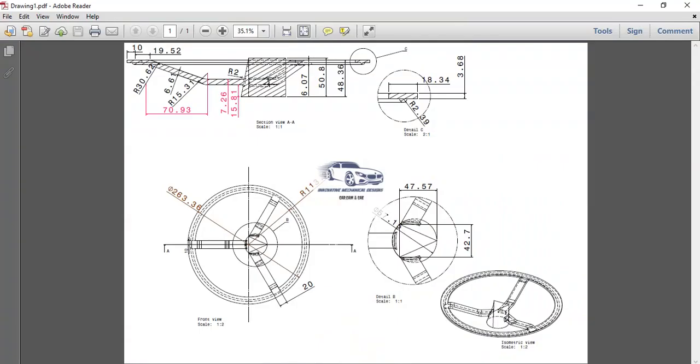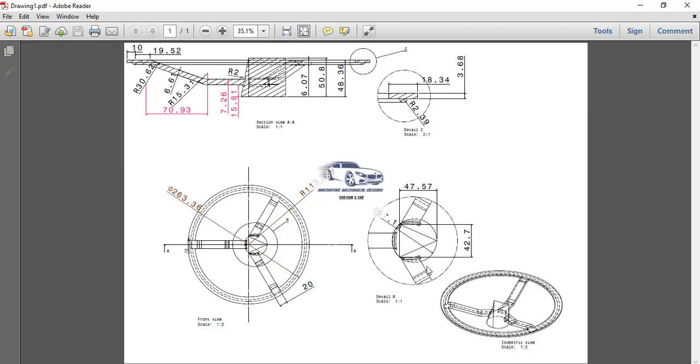Now here to develop the central section I have to use the loft command, that is the Multi-sections Solid command. The Multi-sections Solid command gives the output by combining profiles of different shapes, either placed parallel or at an angle to each other. Now here we have to combine a triangle and a circle.